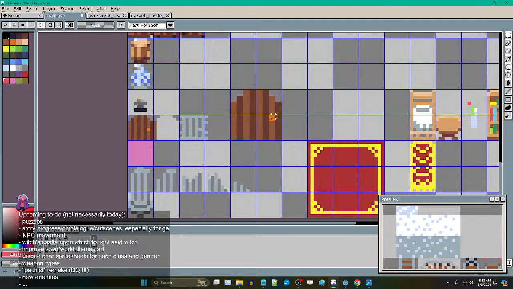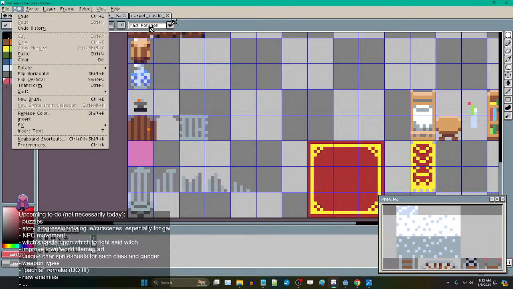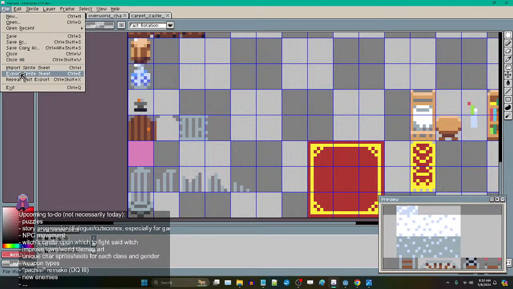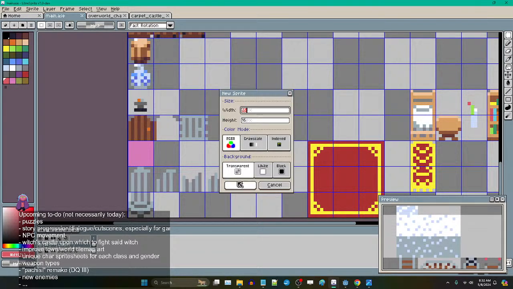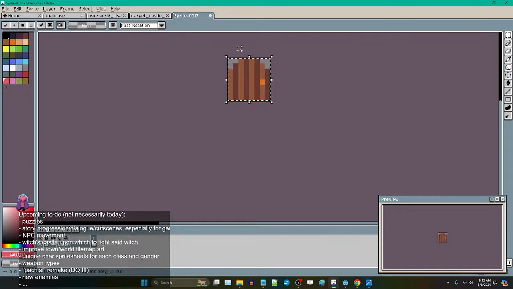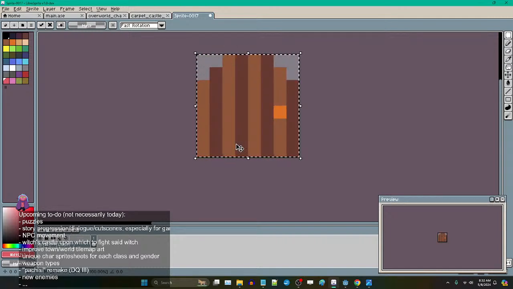Now we want, this might have to be separate. So I think I want to animate it. Yep, it's going to be an animated tile. So we're going to do new. That's a good. And we're going to do like a double door. So first off,